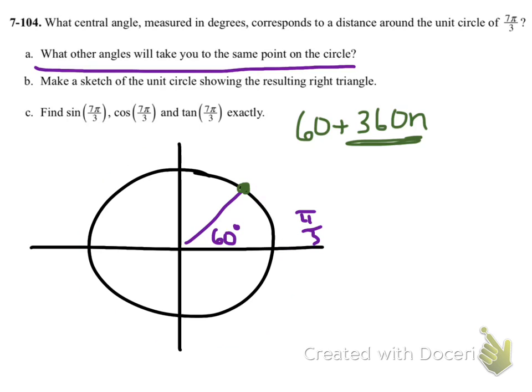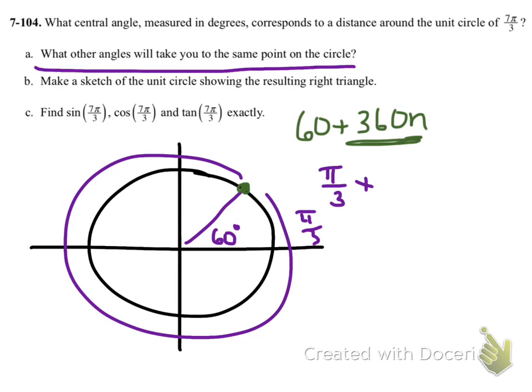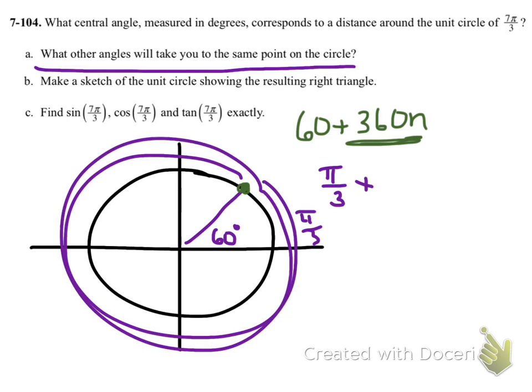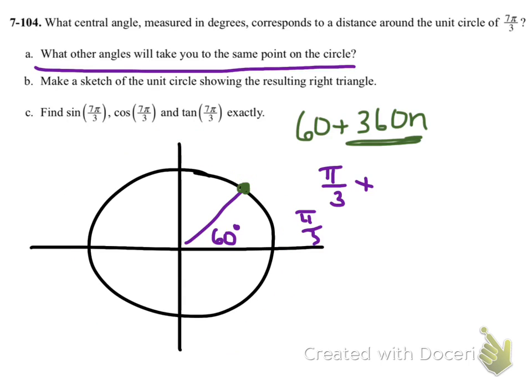If I want to do that same thing in radians, I would say it is pi over 3 plus, going around is 2 pi and 2 pi and 2 pi and so on. So I'd be adding 2 pi times some integer n. So that is going to be the answer to problem A. So now, if I want to take a look at B,